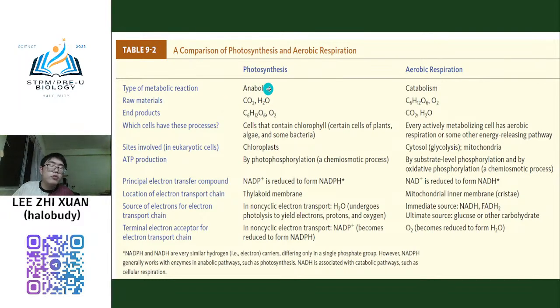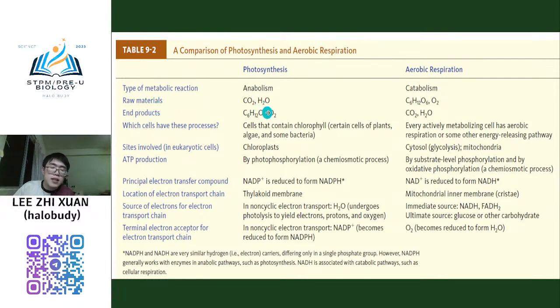You will call photosynthesis an anabolism process and aerobic respiration catabolism. So what is anabolism, catabolism? This one I think you already learned in primary school. I don't want to say too much about it. Normally, the raw material